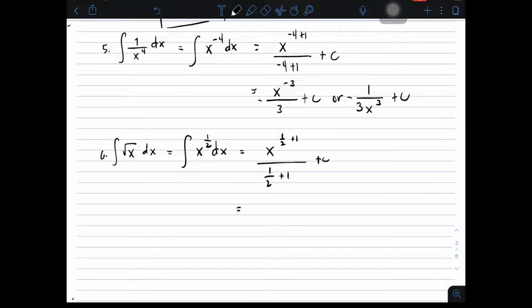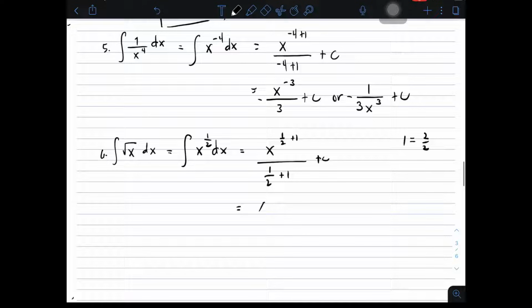So, isang way diyan, ang ginagawa ko is, I am converting 1 as 2 over 2. So, kung isipin mo, 1/2 plus 2 over 2, you can get x raised to 3 over 2. And then, yung denominator natin is also 3 over 2. And then, paano yung simplify? Simplify natin. Makukuha mo ngayon ay